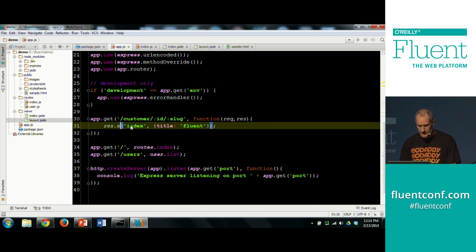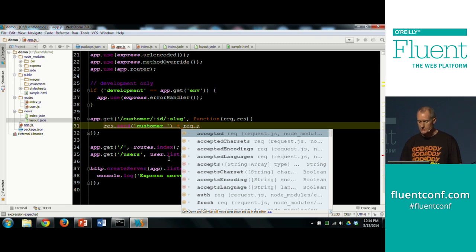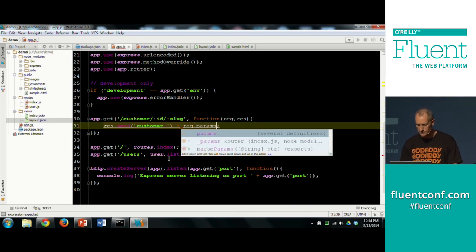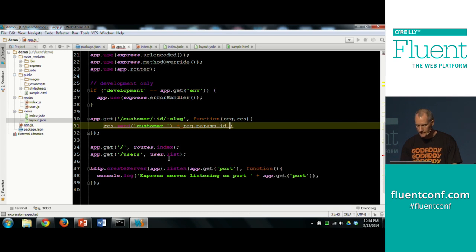And what I'm going to do is I'm just going to do a send. And let's get customer plus. Now, if we use the request object, the request object will pull down all the information from the URL and break it apart for you. So we have a params collection, and in that params collection, I can directly reference the ID, which gets pulled off the URL. And I can say slug is, and I should be able to